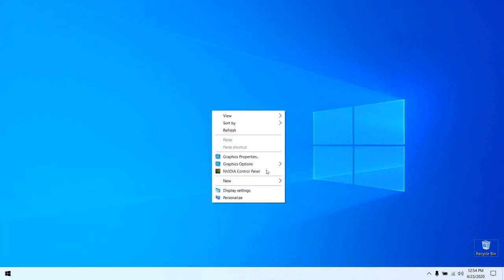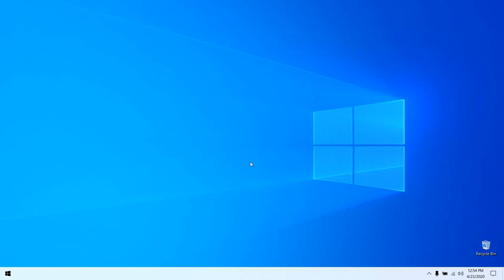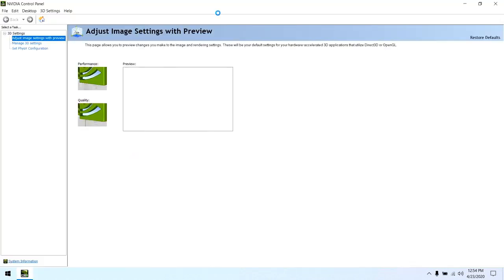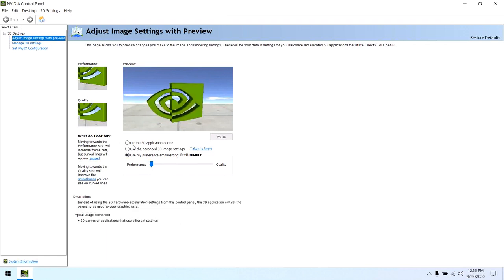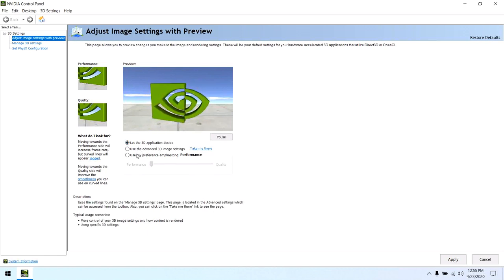After that, if you have an NVIDIA graphics card, then come into the NVIDIA control panel, and over here adjust image settings with preview, and by default it is always on use advanced 3D image settings.